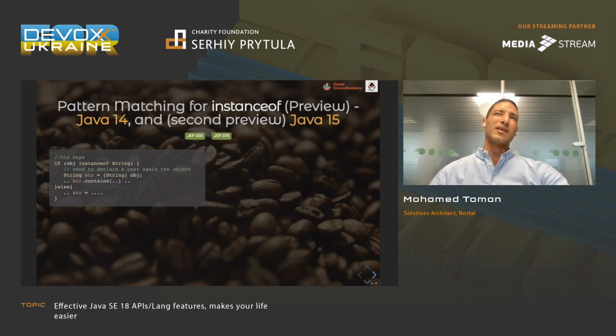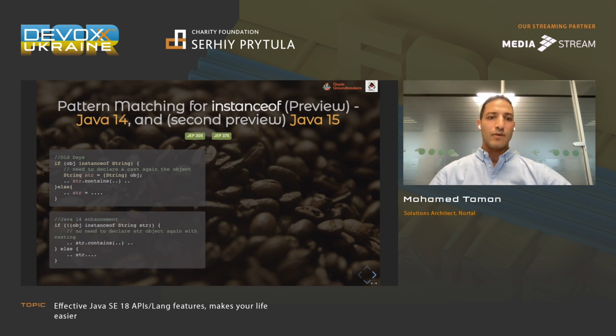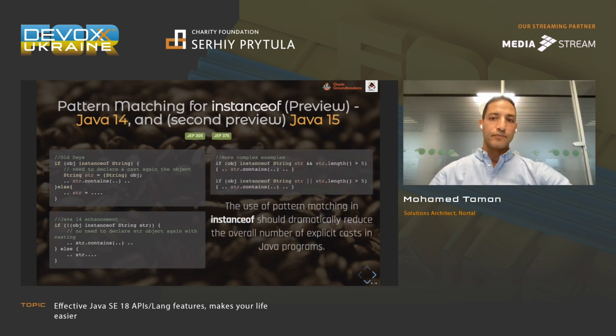And we found okay, this is odd and verbose, so let's reduce it. So now you can use, since Java 14, if object instanceof String str, and this evaluated true, it will cast and assign the instance of that object into str as a variable. And then directly you can use str without casting.